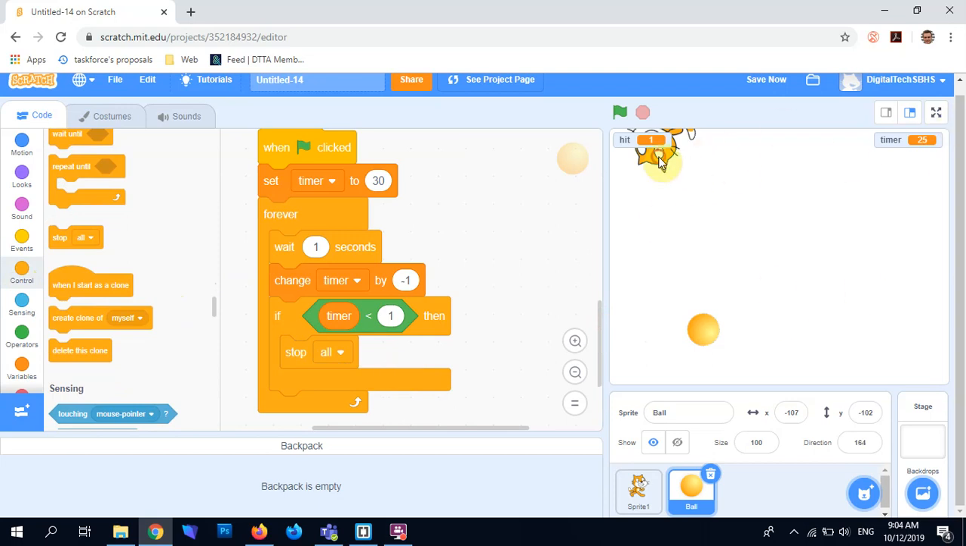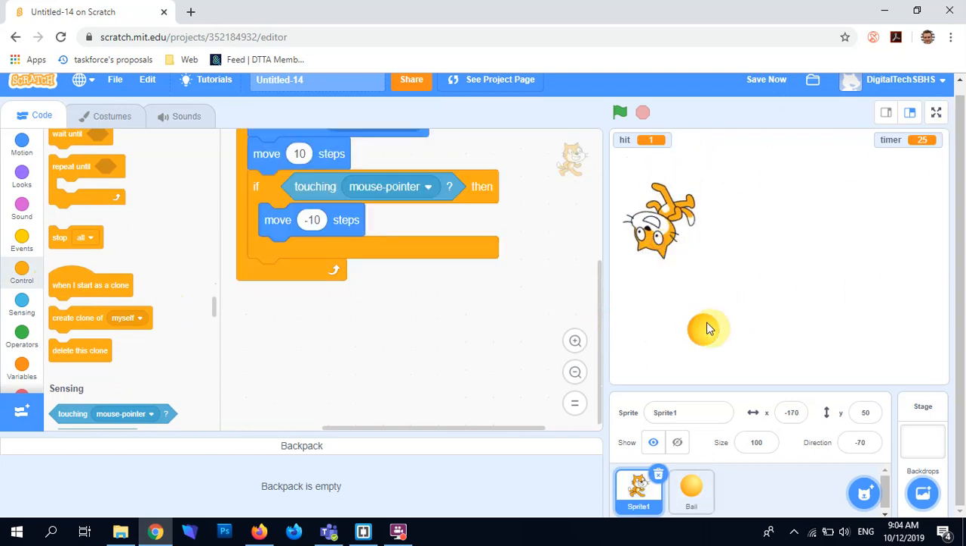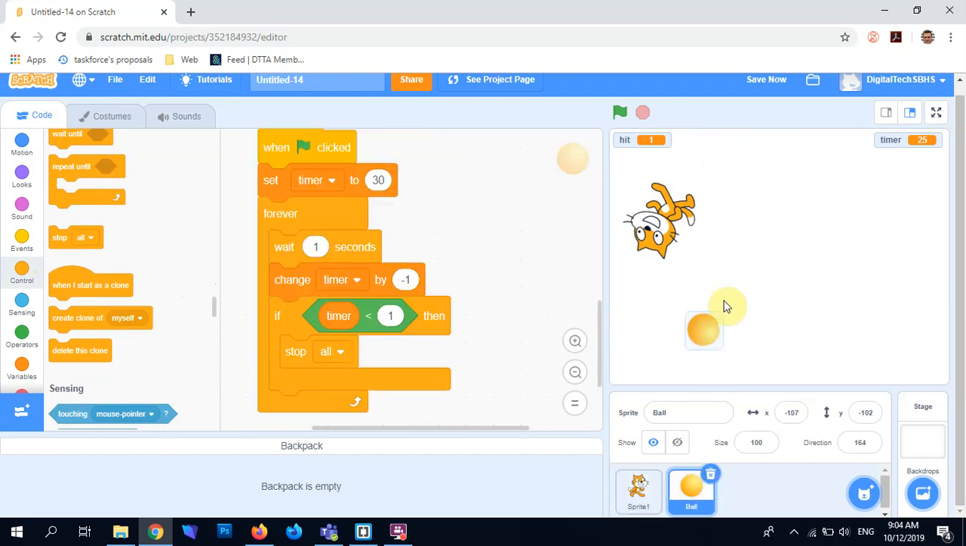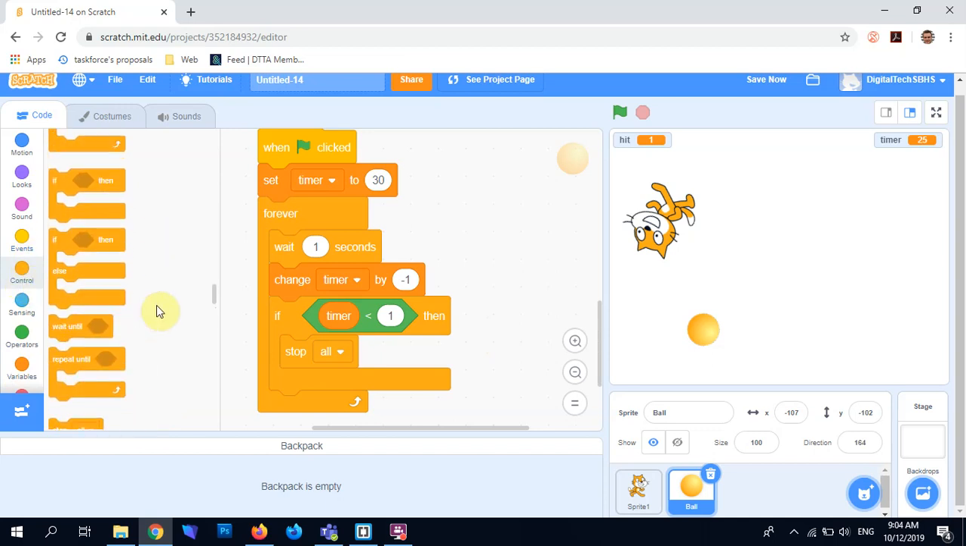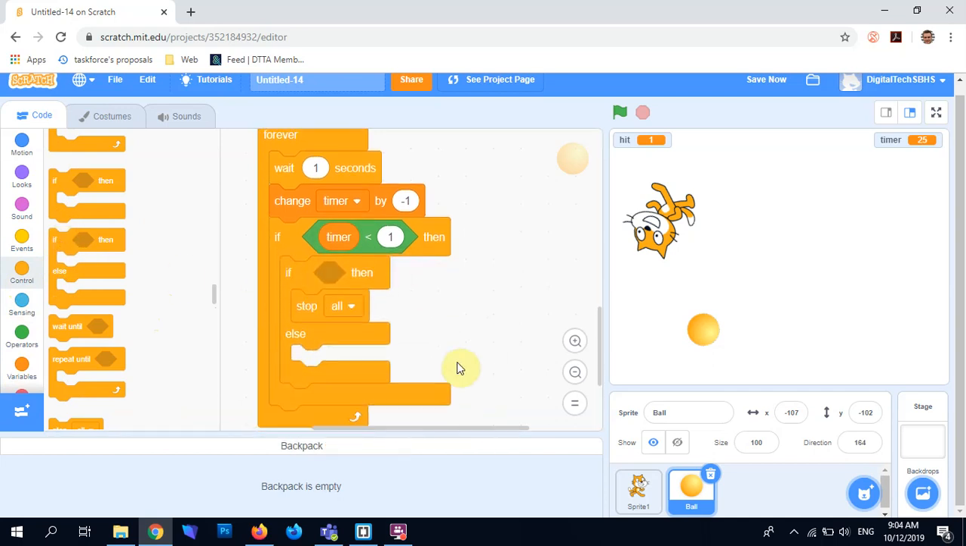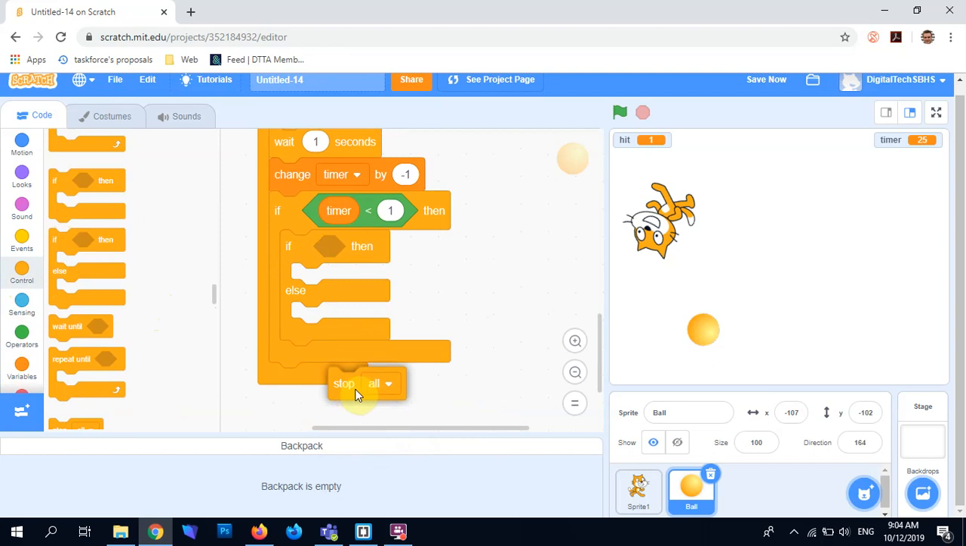But I want the cat to say, or the ball to say, I don't really mind, like you won or you lost. So I want to check, did I win or did I lose? So I'll say here, we can use an if else. Let's just chuck that up there. And I'll chuck this there, right to the bottom. And I'll say if,